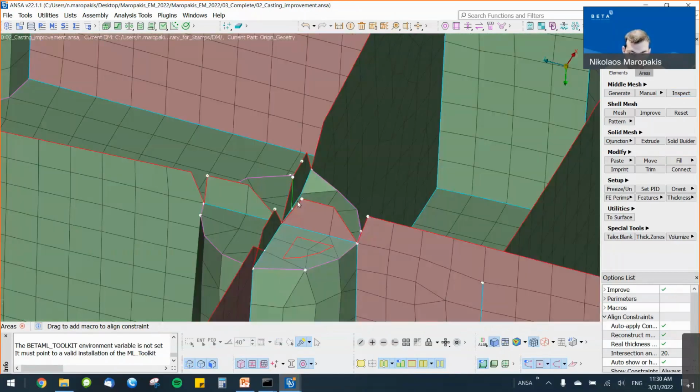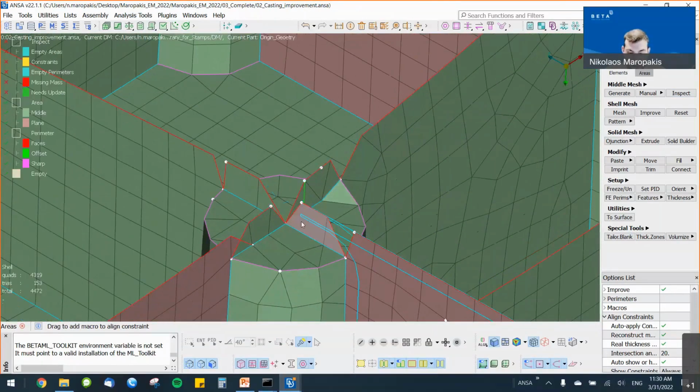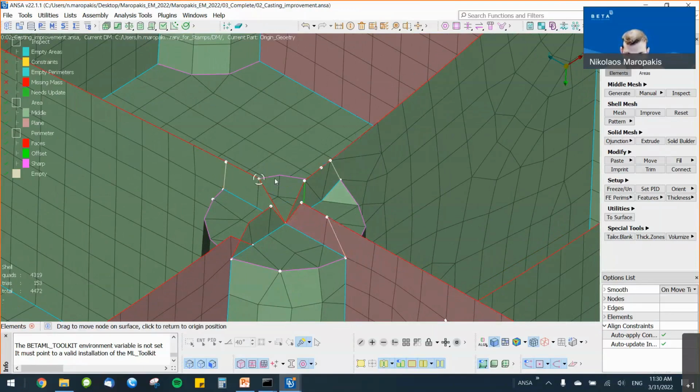Now I will proceed by fixing this area where the ribs come and get joined. I will switch to the elements category of the directed functionality. Again, we saw earlier that we can do this very easily with the shortcut key Q on my keyboard. I will start dragging the nodes to paste one onto another here to fix my result. After I perform this action, again, the align constraint was automatically applied. I will continue to paste all these nodes.